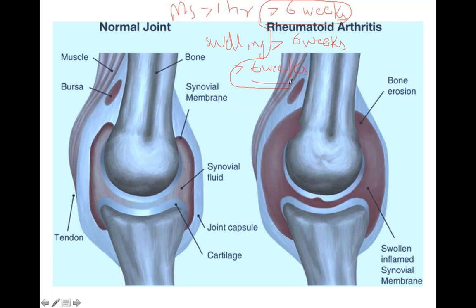Okay. So this is the third criteria, and fourth criteria is symmetrical joint involvement, like both the wrist, both the elbows, both the knees, both the hip joints, both the metacarpophalangeal joints. Okay, for more than 6 weeks. So again 6 weeks. So morning stiffness, swelling, presence of fluid. And we have symmetrical joint involvement, symmetry, again for more than 6 weeks. Okay. So these are the four criteria, basic criteria, which have to be present to make a diagnosis